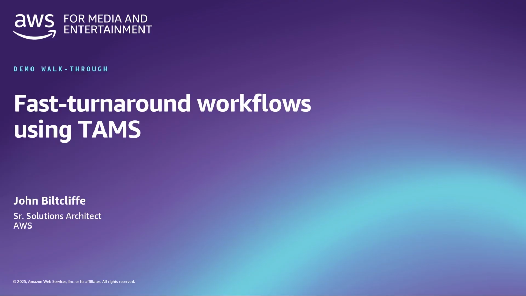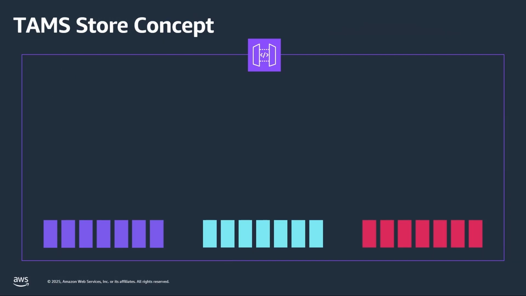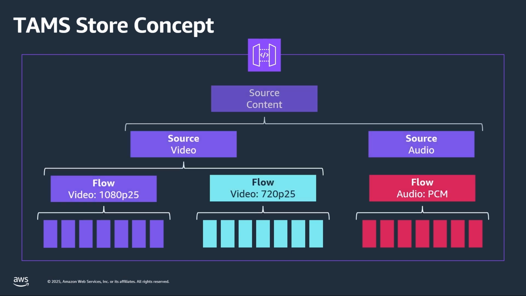For those of you not familiar with TAMs, TAMs is an open source API specification released by BBC R&D. It describes how you can use small chunks of video stored on object storage, and then the API describes how that content is put together. So using a data representation very similar to NMOS and JT-NM of flows and sources, the TAMs API allows you to hold content and through the API describe what resolutions, renditions, bit rates are available